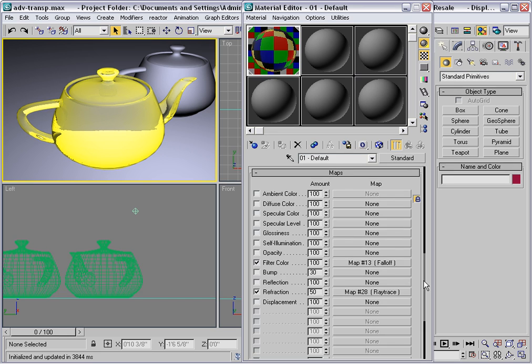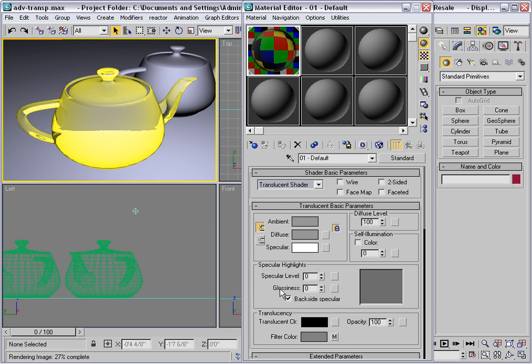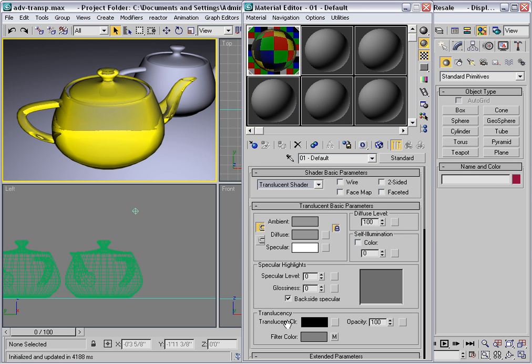To simulate this, select the translucent shader. The translucent color is black by default, and that's why the teapot has a darker edge at this point. We could select a different color here, or for more subtlety, map the translucency as a variation according to the